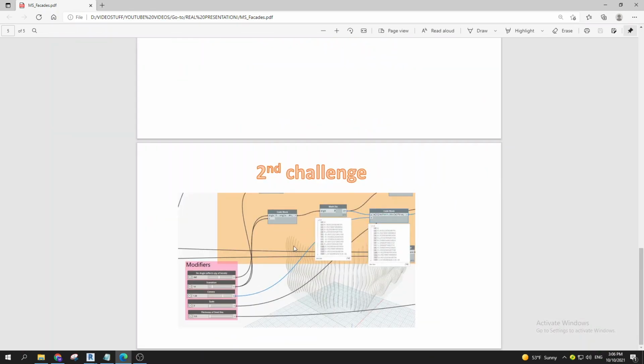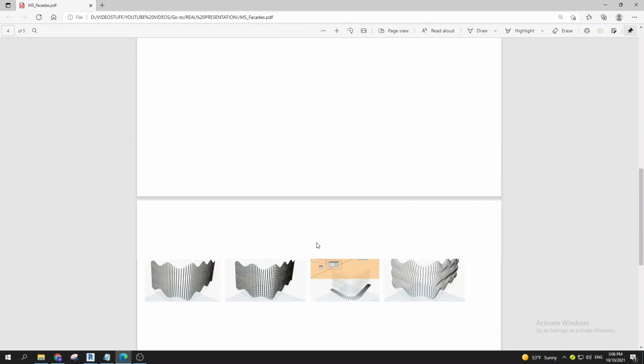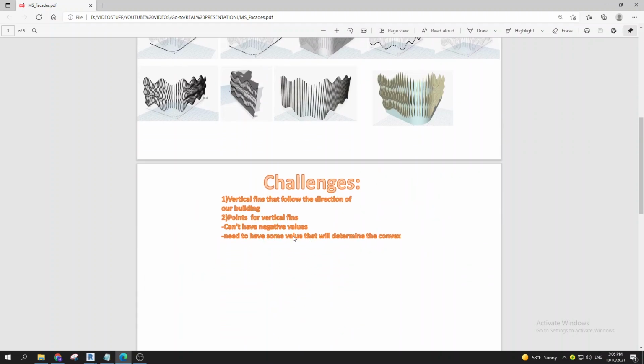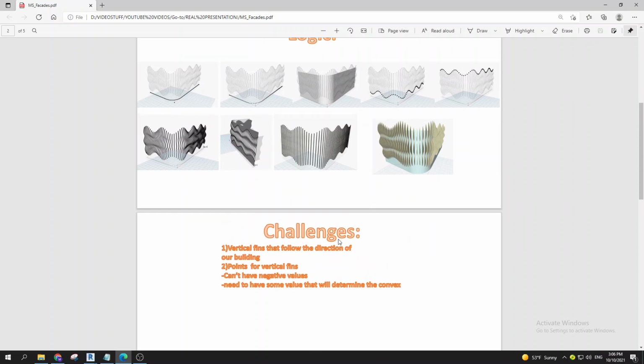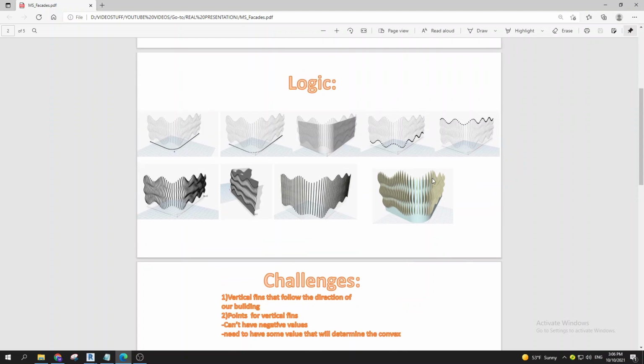And the second challenge is when you're working with the, let me go back so I can show you. When you need to have points for vertical fins, right? This is exactly what I was talking about. So we have not just the sinus function. So it's not that simple, right? Because